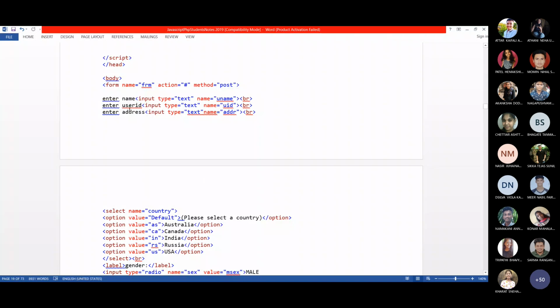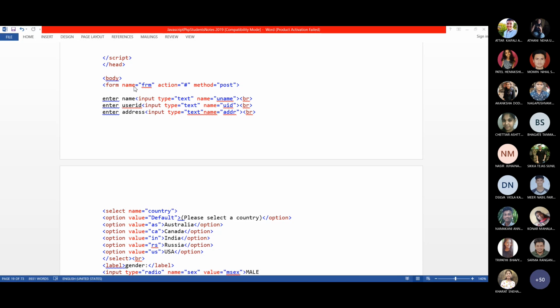Okay. So quickly we will see how to create the form body. Within the body, for this example, I have written the code to display the form. Head part we will see. Okay. So form name, this is new one. Inside the form, I have added the name attribute. Already I said we can use name attribute in any of the controls. We are giving one name for that respective form element.